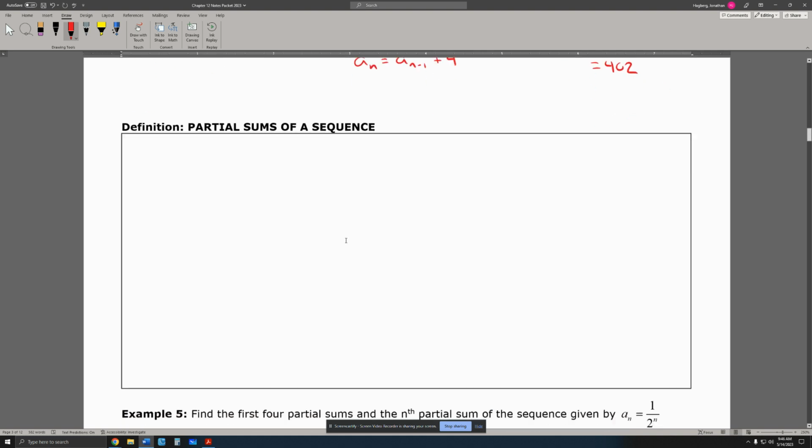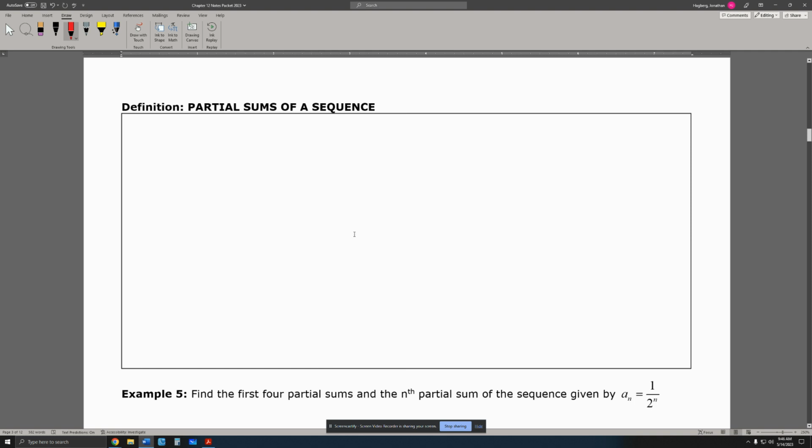All right, our next definition for today is a partial sum of a sequence. I want to start just by defining, so given the sequence a1, a2, a3, and so on, all the way up to a sub n and a sub n plus 1, and that continues, the partial sums are